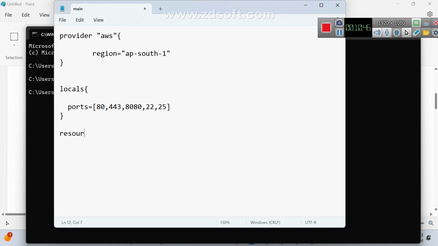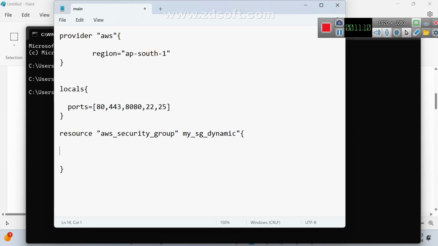If you say yes, I'll try to implement it. resource aws_security_group. What is the name of that? Maybe my_sg_dynamic. I am writing it like this; whatever name you can take.